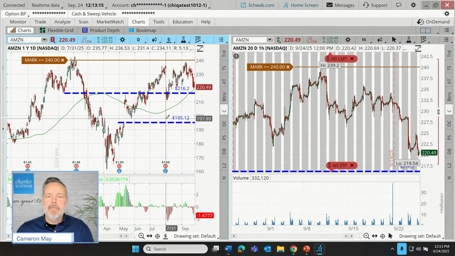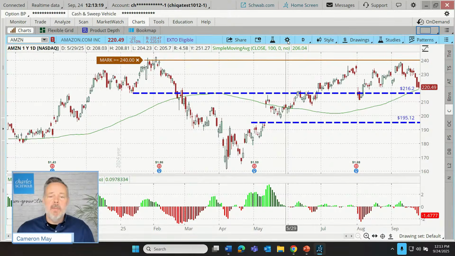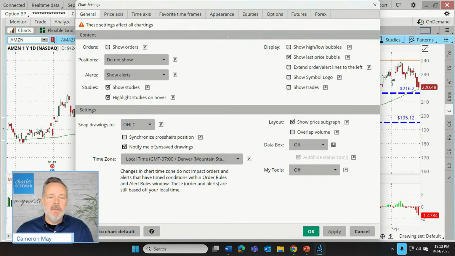So now we don't need that grid for the illustration, but we do want to move on to some additional functions here. Yes, we can change our time zone right there. You can see I'm in Mountain Standard Time. I'm in the mountains of Utah. I'm actually in the valleys, surrounded by the mountains of Utah.